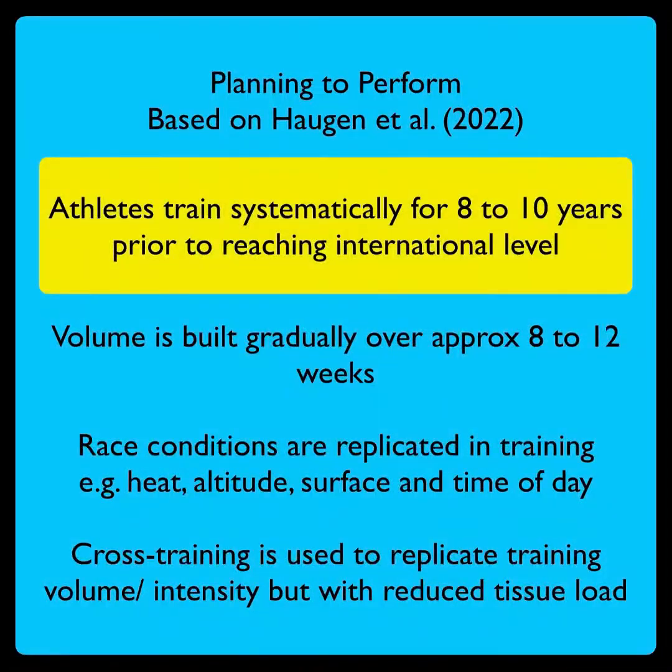Now, something else to bear in mind is that us runners, we do like to try and train like the elites, but we don't necessarily have the same training history, the same build, the same genetics as the elites. And if you look into how they prepare themselves for this training, what you see, again based on Haugen et al.'s review, is that athletes are training systematically for about 8 to 10 years before they reach international level. So it takes a long time for them to build up that training tolerance to manage this level that